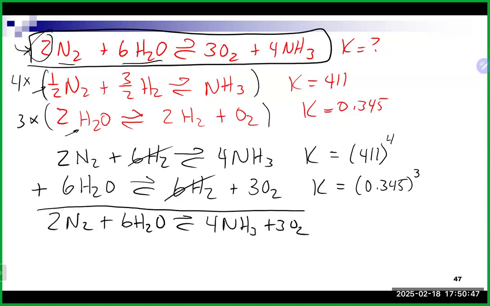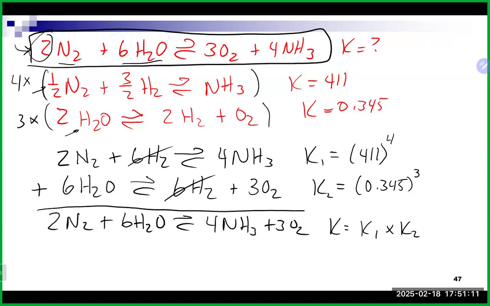First off, any questions on that so far? At this point, if I call this, for example, K1 and K2, the K value for this overall equation should be K1 times K2. Again, we're not going to add, but we do need to make sure we're using the adjusted numbers. So that is 4.11 to the 4th power